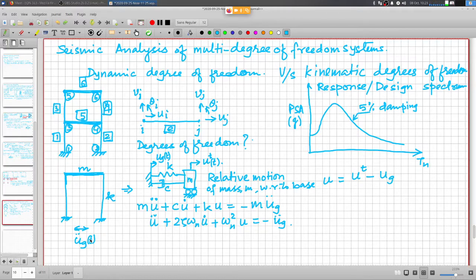We need to see whether the structure goes into complete collapse. So that's why we need to see the maximum deflection. Because of maximum deflection, we will get the generated moments or forces, and in that we will limit the maximum deflection. Good. So forces and moments in what? In the structure. So what do you mean by structure here? Structure is the whole thing. So where are you looking for moments and forces? The lateral load carrying elements.